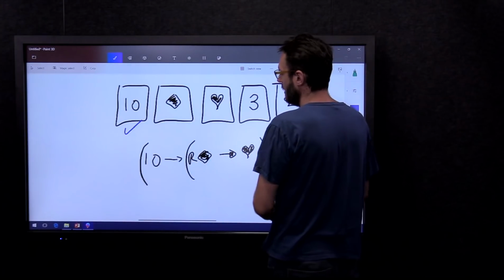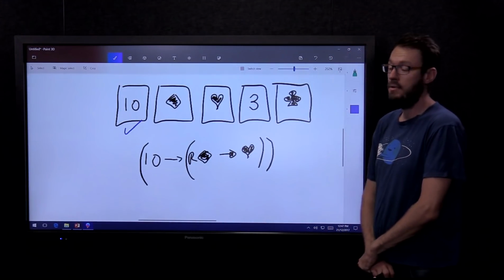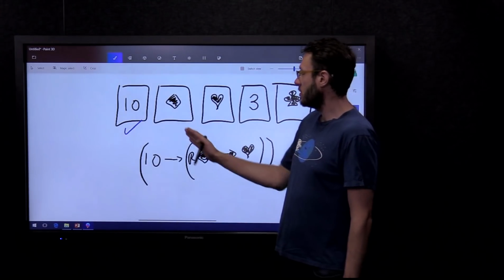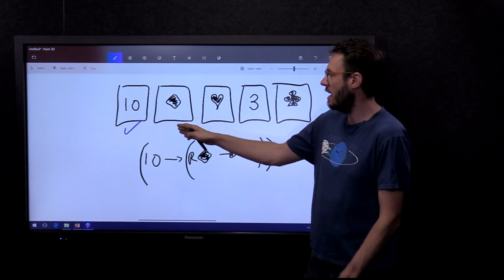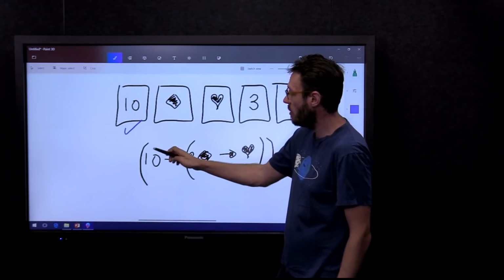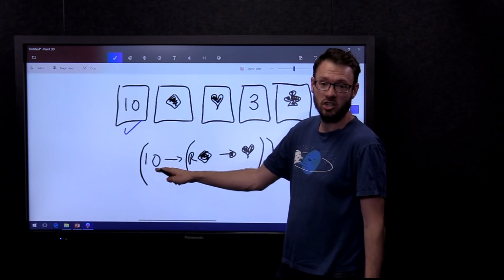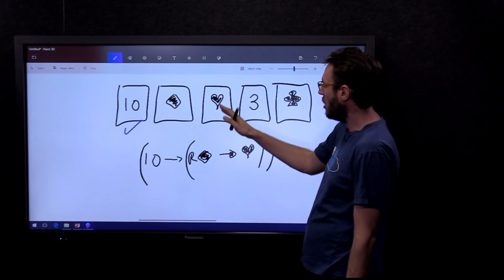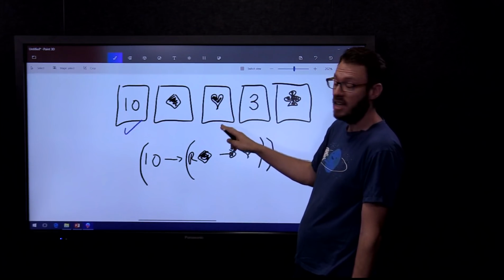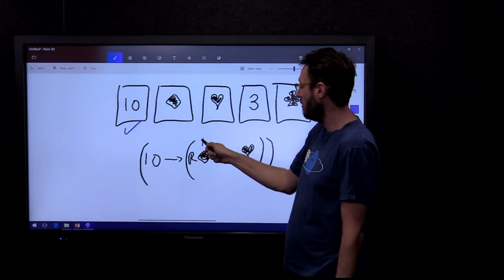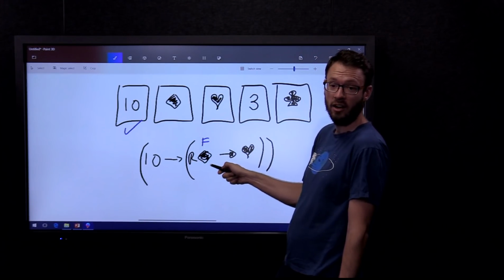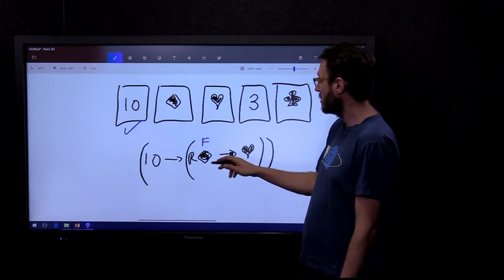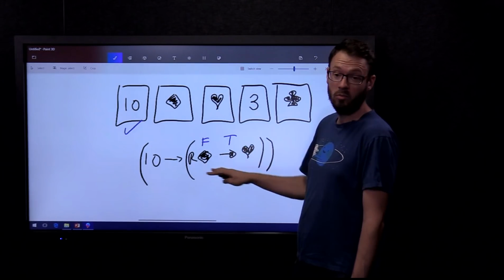For this second case, I've got a diamond on one side, right? Now, to the right of that card, I don't know whether I've got a 10 here, so I don't know whether this first part of this conditional is true or not. What I do know is that the card to the right of that card doesn't have a diamond, so this part of this conditional here is false. And because this part of this conditional here is false, it doesn't matter what's going on with the right-hand side,